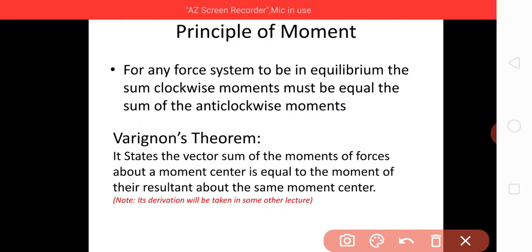If a body is acted upon by a system of forces, then consider the moment of these forces about a defined moment center. If you have chosen a moment center, the sum of the moments of the individual forces about that moment center will be equal to the moment of their resultant about the same moment center. For example,